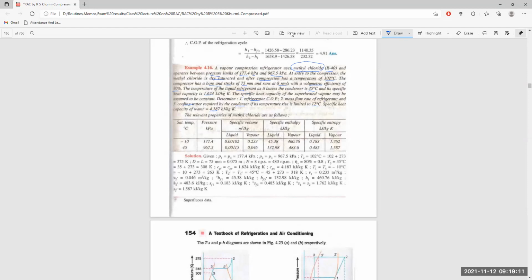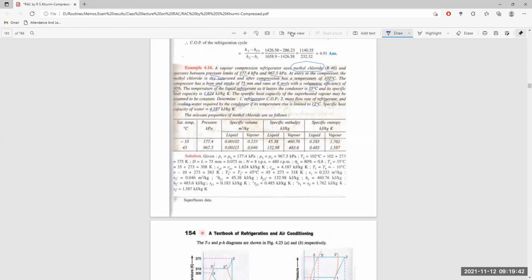So about the condenser, what is required as the volume, or the mass flow rate, of the cooling water is supposed to be calculated here, if its temperature rises to a maximum of 12 degrees centigrade itself. So you have to cool this compressor artificially by running cooling water through it with a certain specific heat and a certain flow rate, which you are supposed to calculate here.